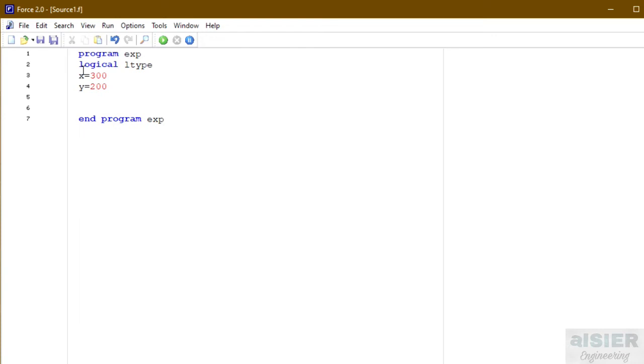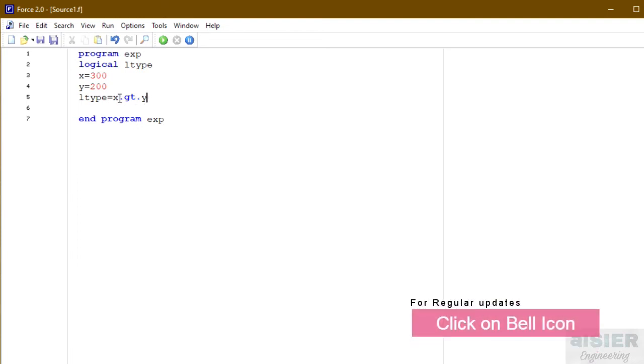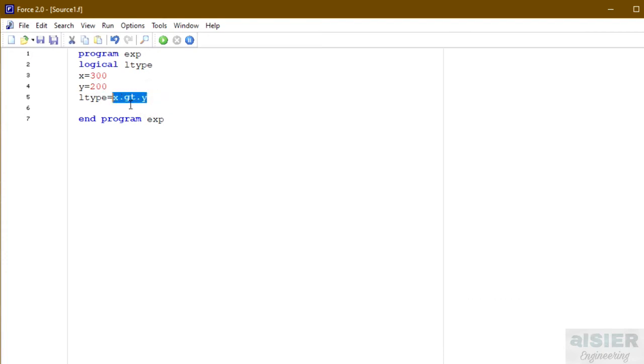And then we will write one expression, L type is equal to x dot gt dot y. Now what I have written here is L type is equal to x greater than y. Now is x greater than y? Yes, x is 300 and y is 200, so x is greater than y, which means the result of this expression will be true, and this true value gets stored in L type.